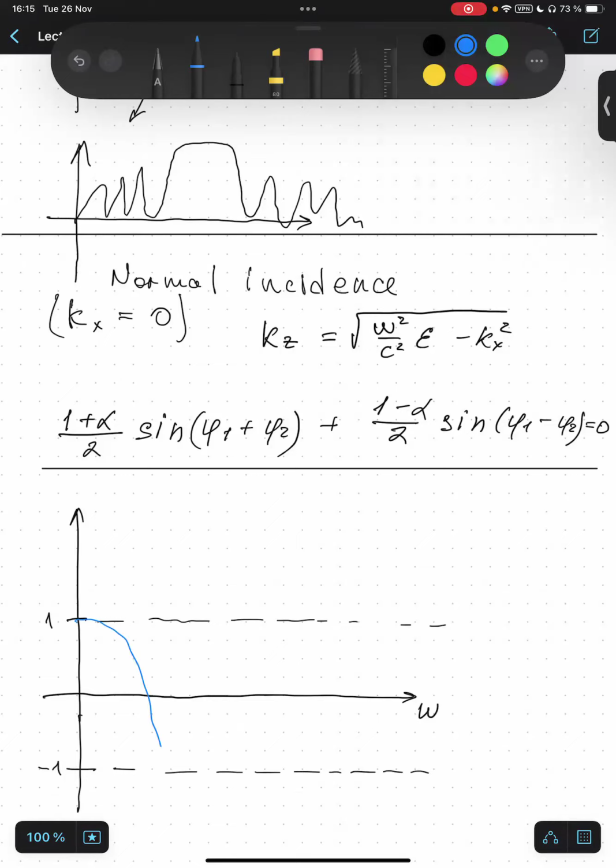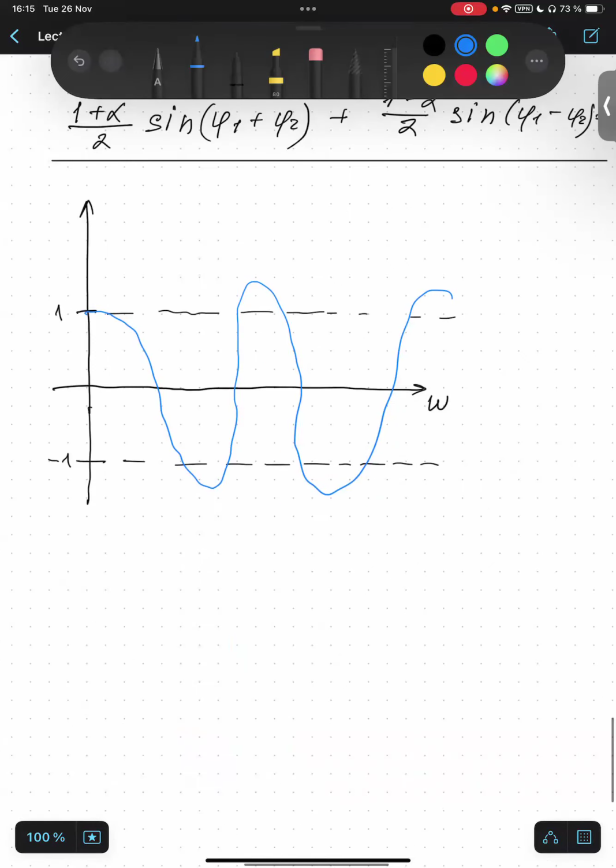We have the same periodic structure. To analyze it, we just also have to find the widths of the band gaps. We found the positions, but we're also interested in widths of band gaps. So here are several interesting points. For example, this one, where the band gap starts. Let's call it omega 0. And also